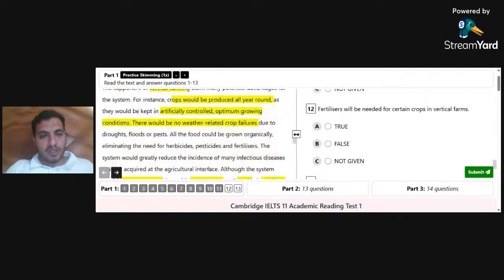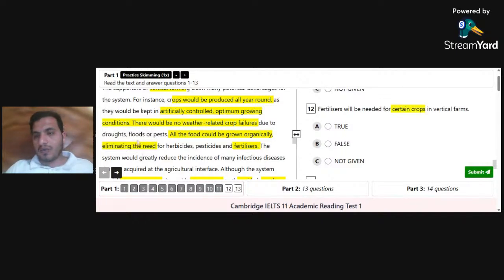We see there are fertilizers mentioned here. So fertilizers would be needed for certain crops in vertical farms. All the food could be grown organically. तमाम food, all the food, certain crops मीन कुछ एक चंद एक, eliminating the need, ज़रूरत को बिल्कुल एलिमिनेट कर